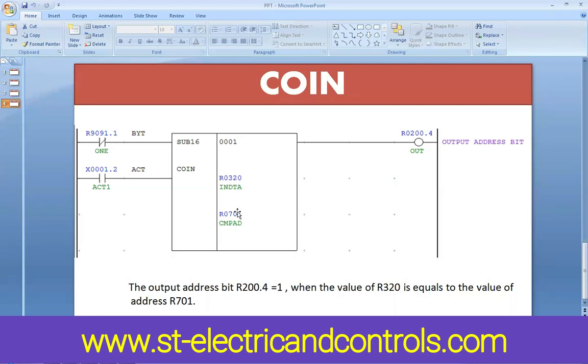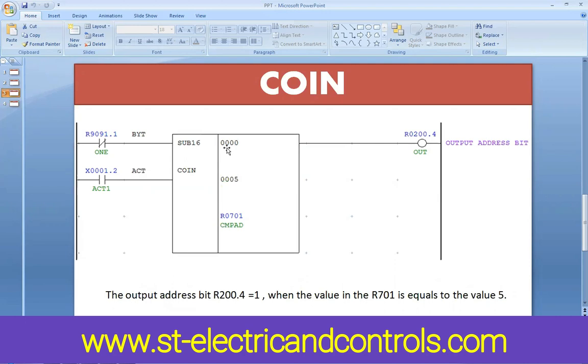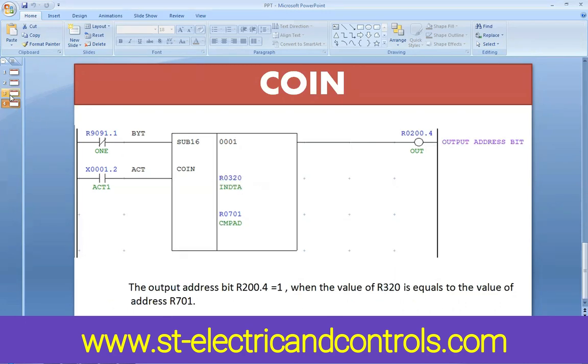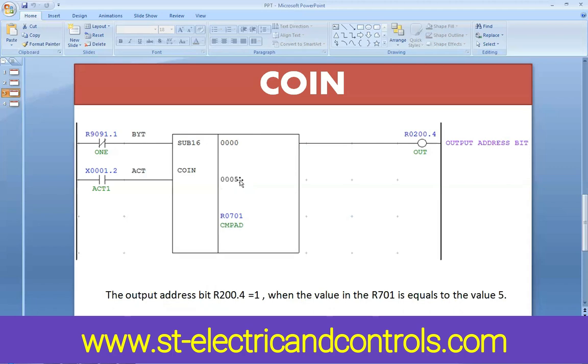This instruction we will use in two methods. I have used the input as an address here. Input register as an address I am using here. When I make it 0001, all 0 here, the last 0, then here 5 will come. Instead of entering a register, I can directly enter the value 5 here. Like this you can use this instruction.